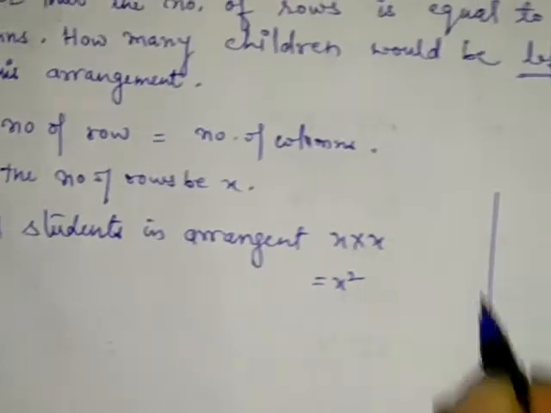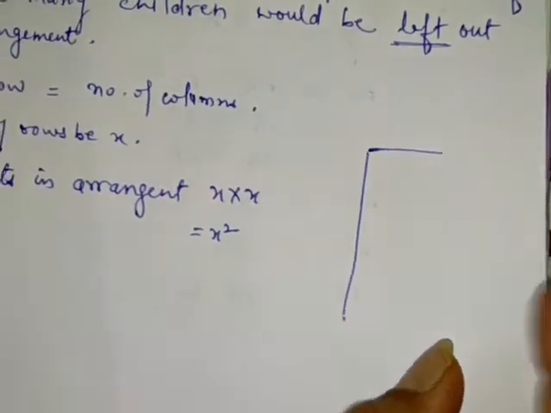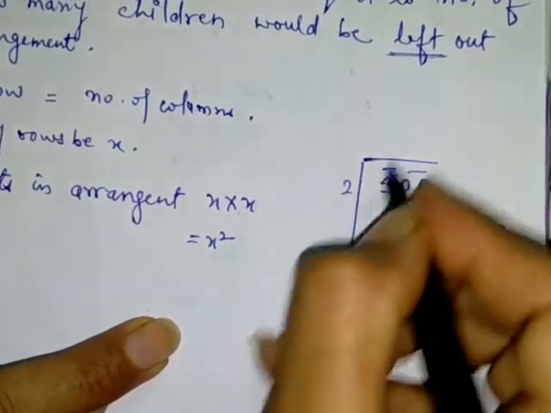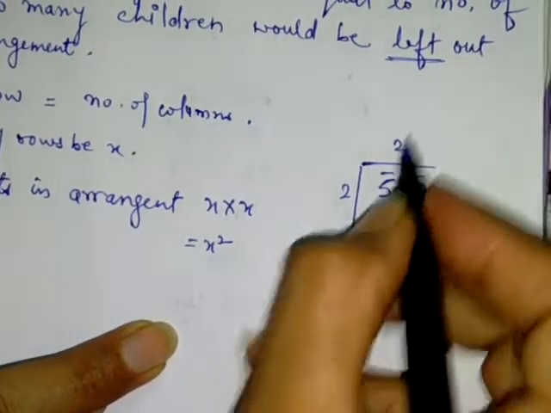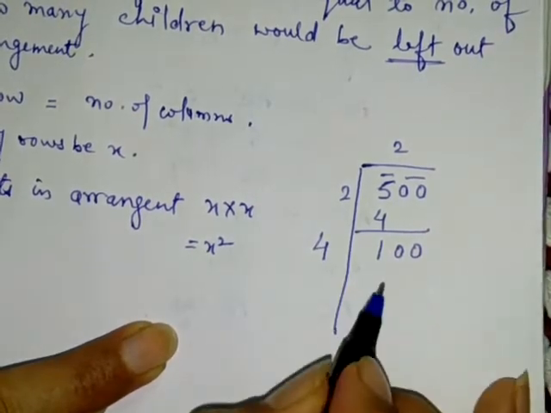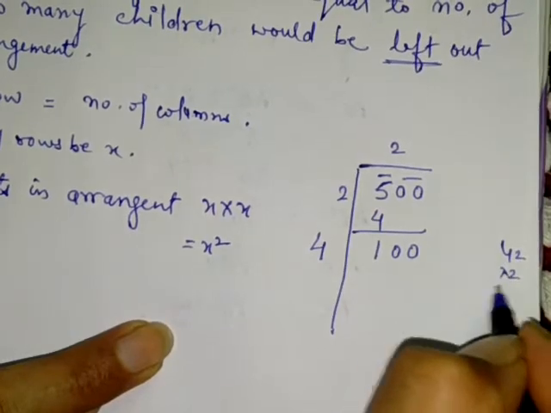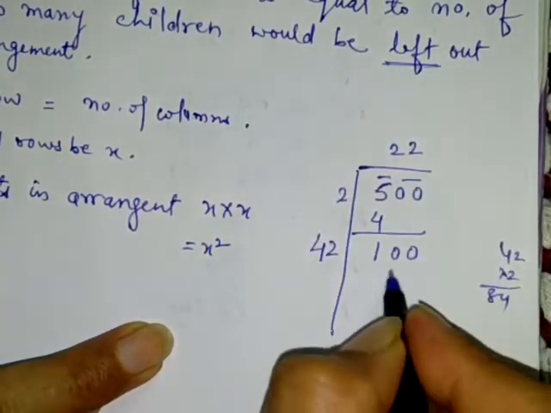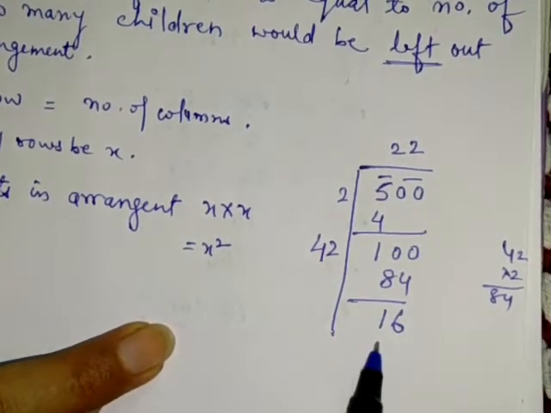So 500 में से क्या subtract करें कि ये perfect square number बच जाए? Total students कितने arrangement में से? Find out. 2 2ज़ा 4, 1 4. सब्ट्रैक्ट है तो इससे छोटा ही होना चाहिए, बड़ा तो नहीं जाएगा. So 42 into 2 is 84. 16. So this is your remainder.